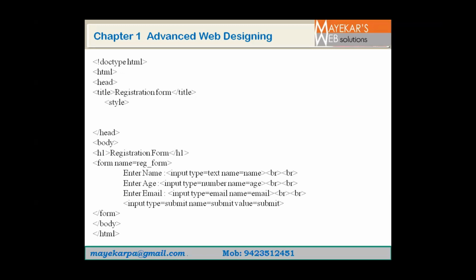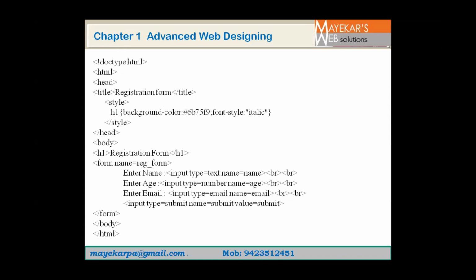Next we write style. This is the internal style sheet, so the style tag is used. Here is the style which we want to apply: the background color of the H1 tag will be 6B75F9, this hexadecimal code, or whichever color is related to that code will display. The font style is colon italic, so the font will display in italic style. We close the style tag by using slash style. Okay, so here we have finished our program.